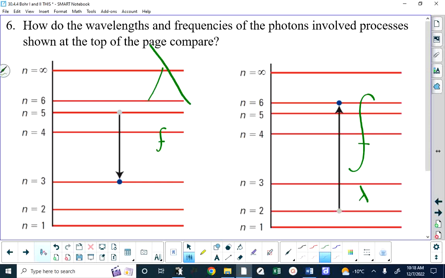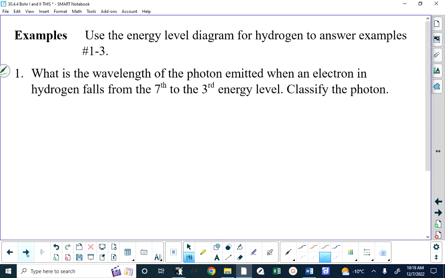And now we're just going to do some calculation questions. And you are going to need your hydrogen energy level diagram for some of this work. So, what is the wavelength of a photon emitted when an electron goes from the 7th to the 3rd energy level? If I've done a half-decent job, this is something that you should be able to do on your calculator. I'm going to write down what we're doing. But what we're saying is the energy of the photon,